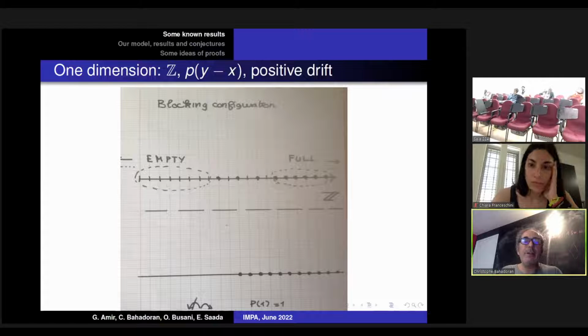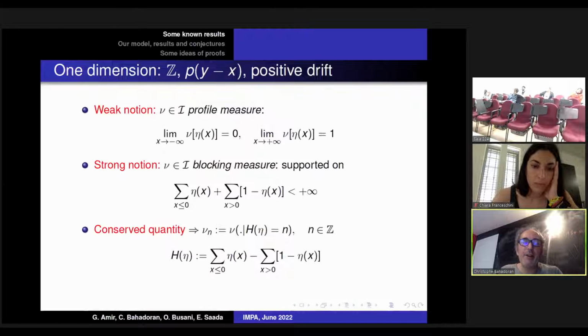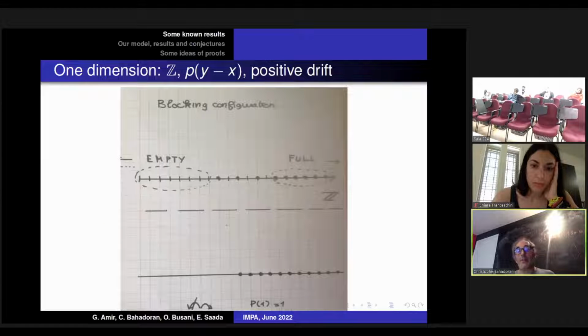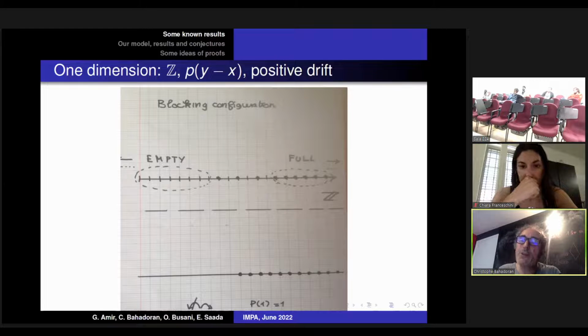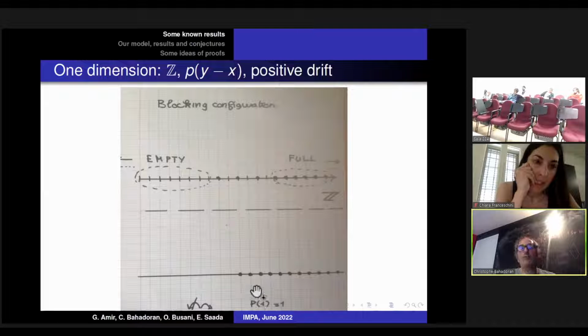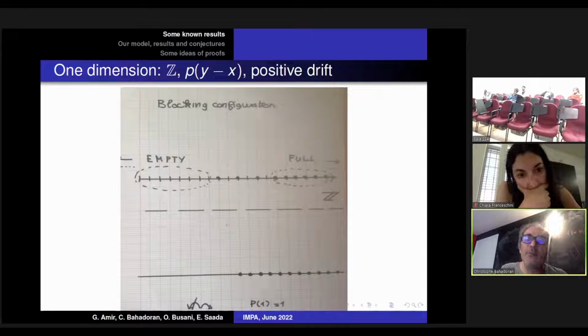You can restrict the model to this. Okay, and in one dimension, when there is a drift, there exist a number of results. This started in 1976 with Liggett, where the main idea is that with various degrees of precision, if you try to know all invariant measures, you have either the homogeneous Bernoullis or measures which will look like this kind of thing. Of course, this is very special because I took a very special jump kernel. So just for a quick overview of known results,